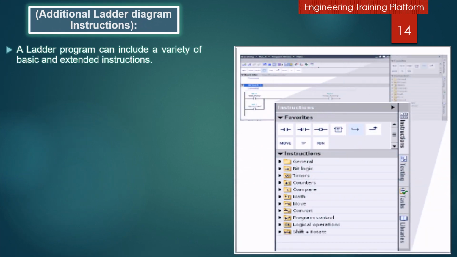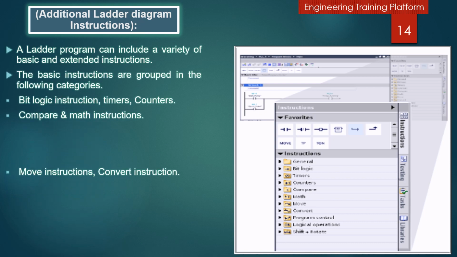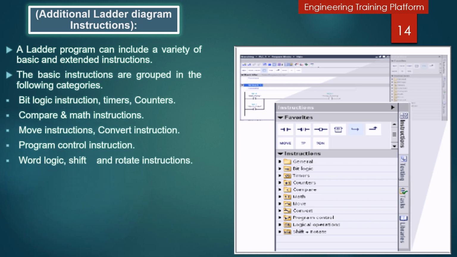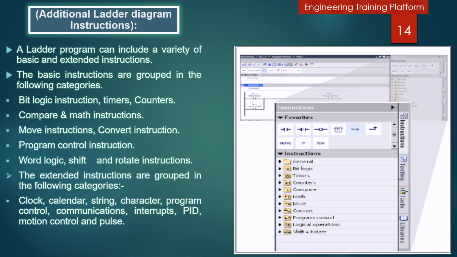Now I categorize the additional ladder diagram instructions, and a ladder program can include a variety of basic and extended instructions. The basic instructions are grouped in the following categories: bit logic instructions, timers, counters, compare and match instructions, move instructions, convert instructions, program control instructions, word logic, shift and rotate instructions.